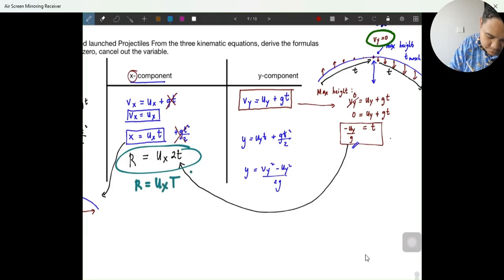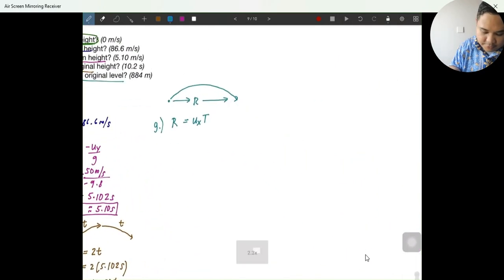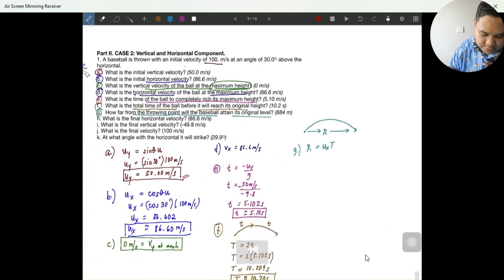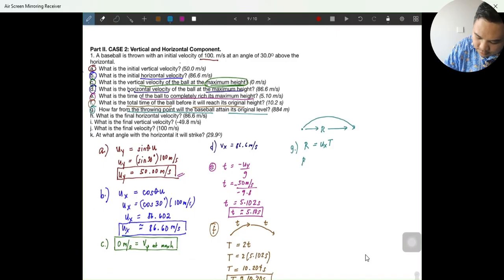So here, okay. So let's go now here. That would be range. What is ux? So ux here would be 86.602. This is the value. Okay, this is the value